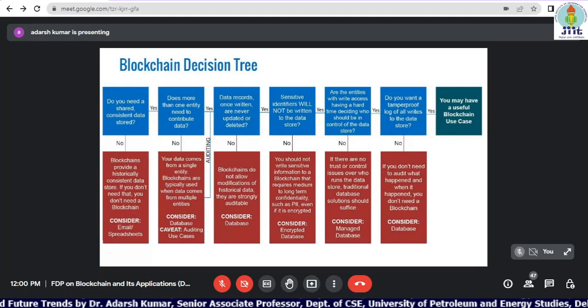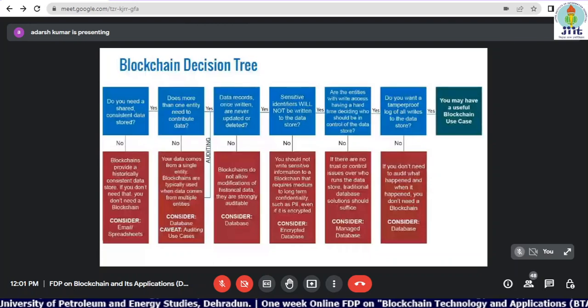But if you have immutable data, and the lab test report from where you took it is also part of the blockchain data, it will give you more transparency. So that way it will be quite useful. So immutability is provided by the blockchain, and this step is also cleared for the healthcare system.